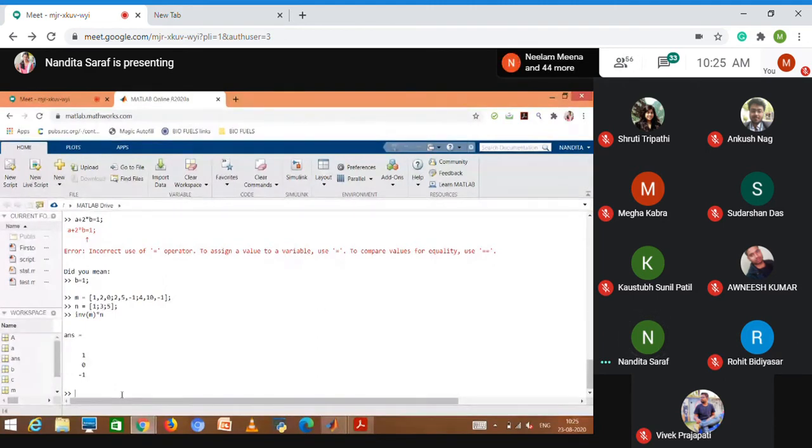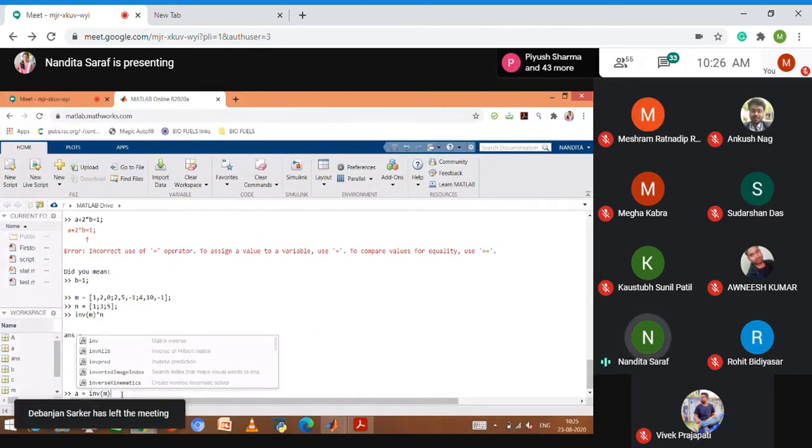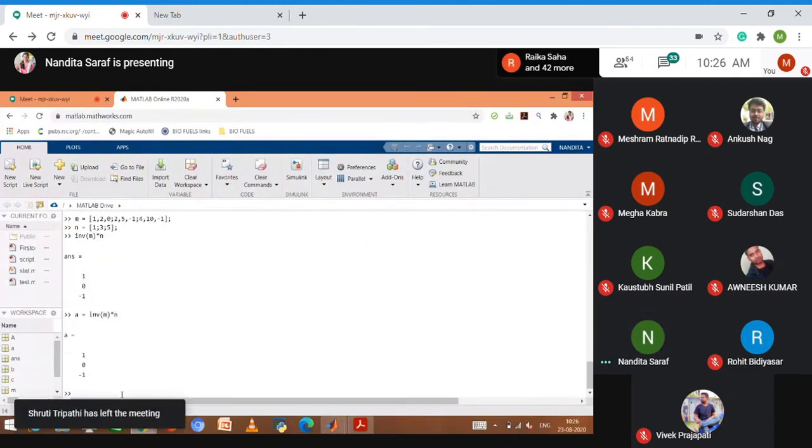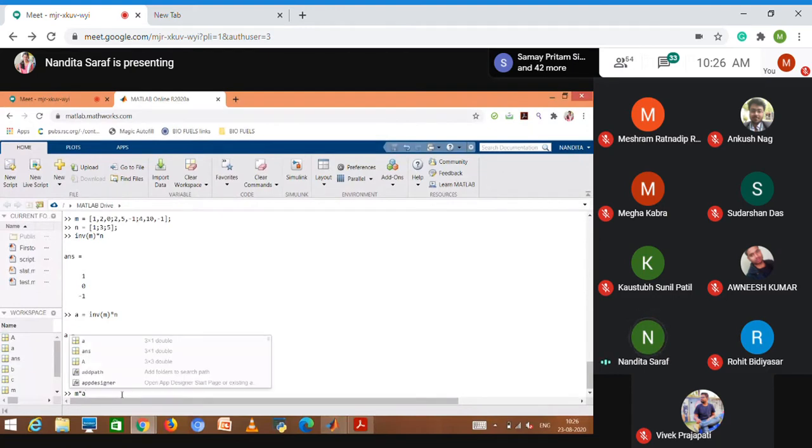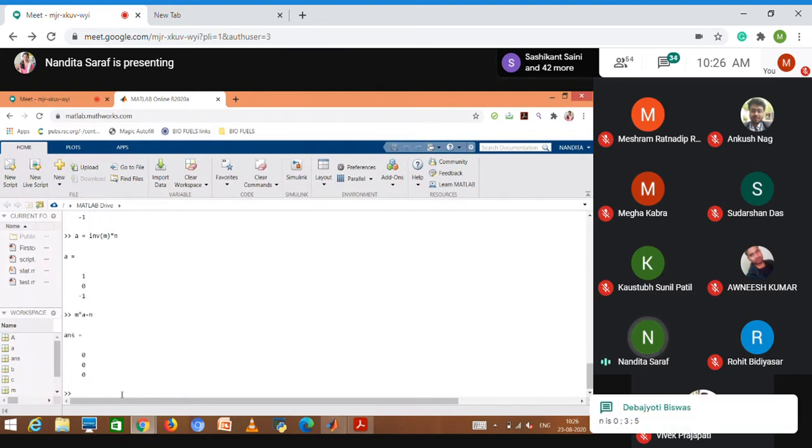Let's do it like this and then verify. A = inv(M)*N. Now, if we want to verify, what are we going to do? We'll compute the matrix multiplication M*A - N, which should give me 0, 0, 0.